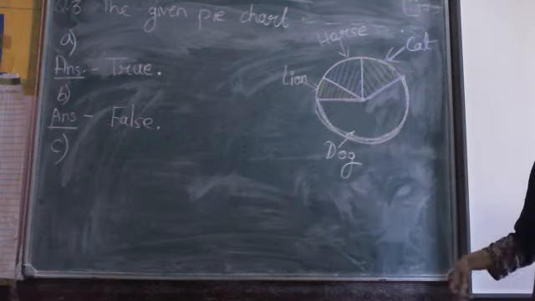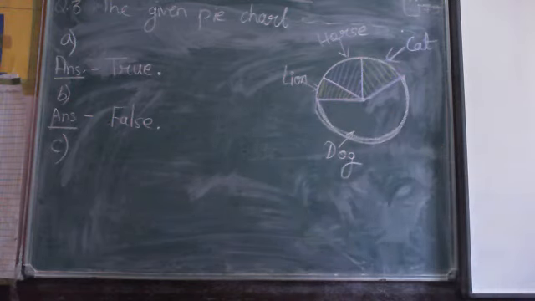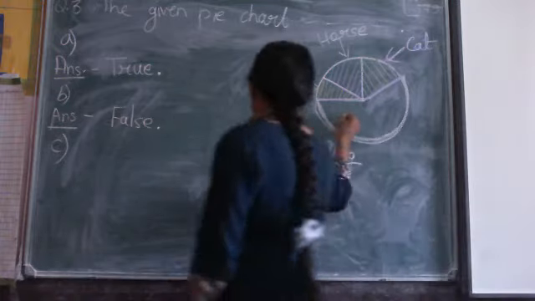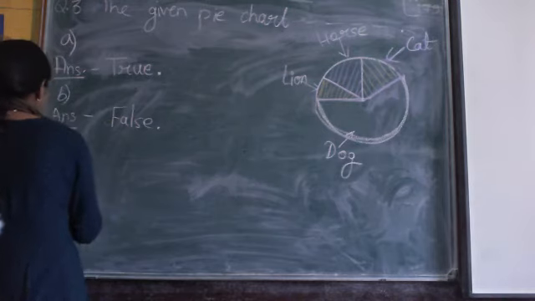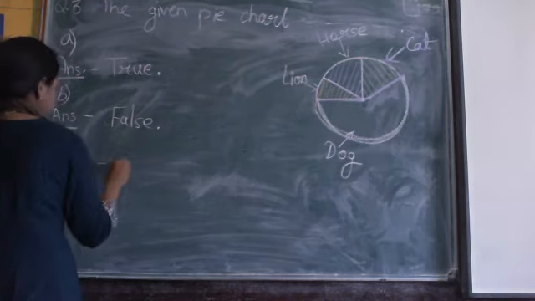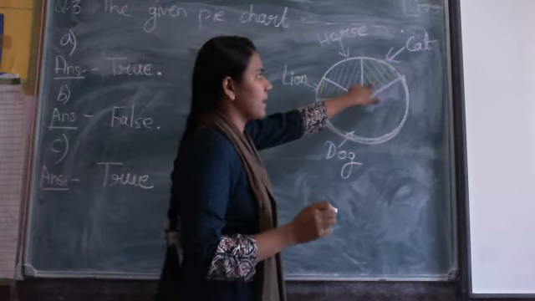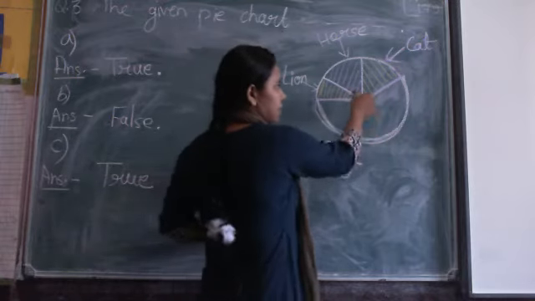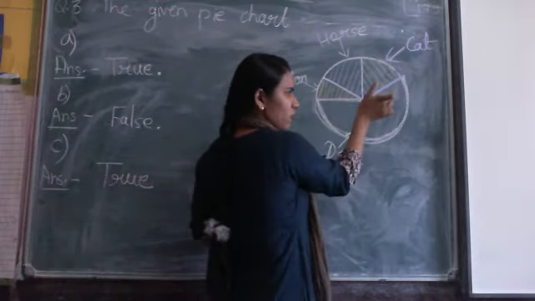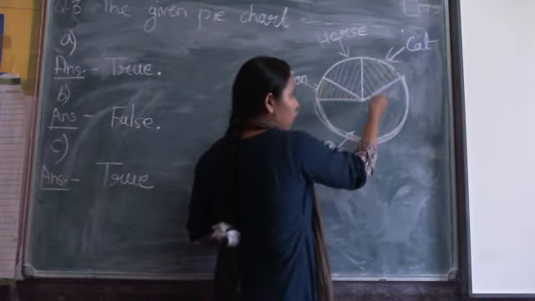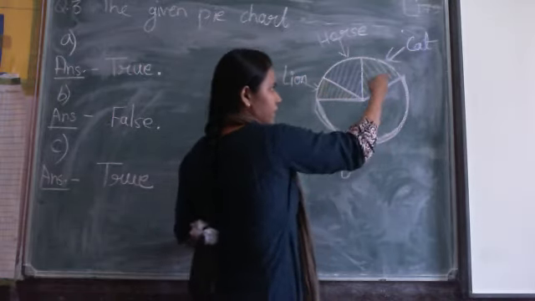Observe the pie chart and answer. True or false? Yes, it is true. By the chart we can observe it is true that more children are liking dogs than cats. Because in the circle chart for the cat only this much portion is given, but for dog more than half circle